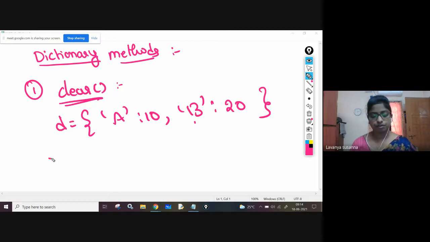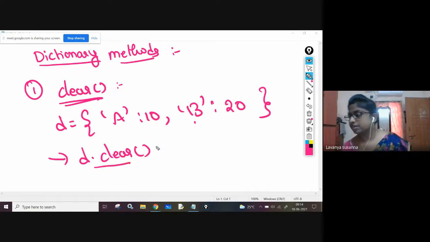Now see, if you call d dot clear, what will this clear function do? It removes all the key pairs, all these keys and values of the dictionary. I'll execute it and show you, and at that time you can understand well. So the clear function is used to clear all the key-value pairs.